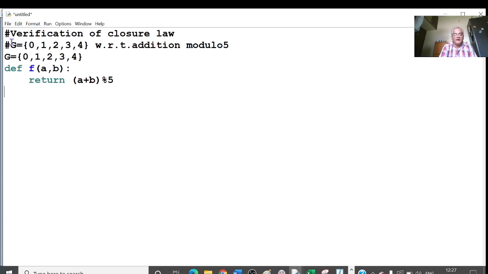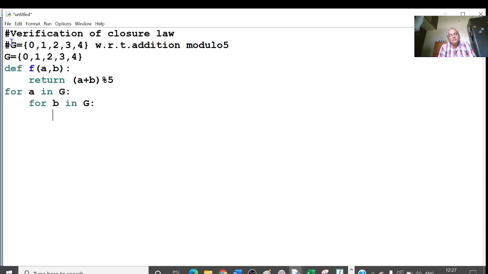Next, I will write a for loop: for A in G colon, press enter. I'll take one more element, for B in G colon.